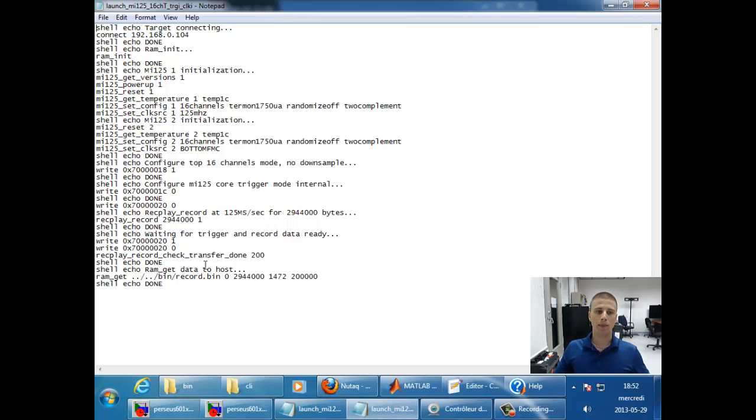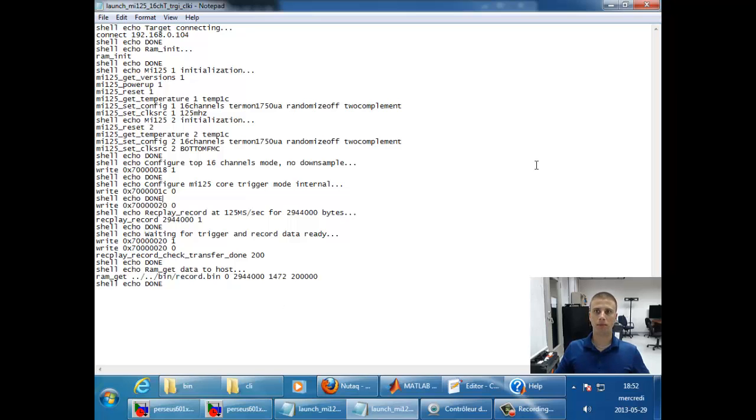And in this script, I'm going to tell my system to do a burst of recording on the 16 channels for a given period of time and store the results in the board's RAM memory, and afterwards bring back the data onto the host, store it in a file that's going to be called in this case